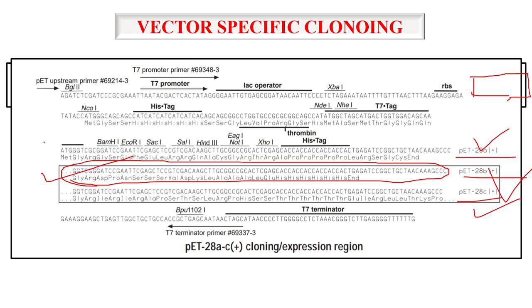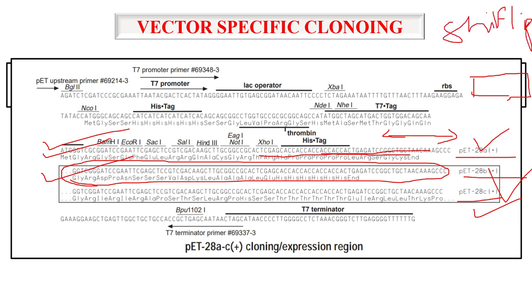अगर आप pET 28A यूज करते हैं, you don't have to be concerned about your primer. You can make a primer and just set. So the triplet is not vanished in the case of pET 28A, you don't have to bother about the frame shifting and all. You know, क्लोनिंग में बहुत ज़्यादा ध्यान देना पड़ता है शिफ्टिंग ऑफ द फ्रेम, जो कि अभी आपको हम दिखाएंगे कैसे शिफ्टिंग हो जाती है. You know, shifting can lead to frame shift mutation and everything will change. Your whole protein will change.